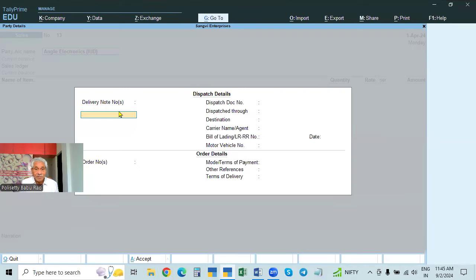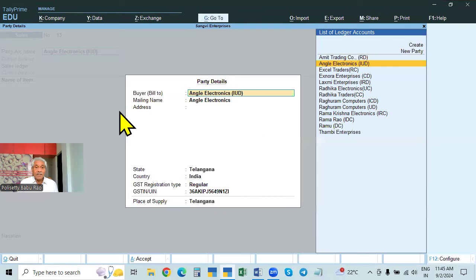So when you enter this and accept, then you will get here. See, Telangana, our state, regular. So it means